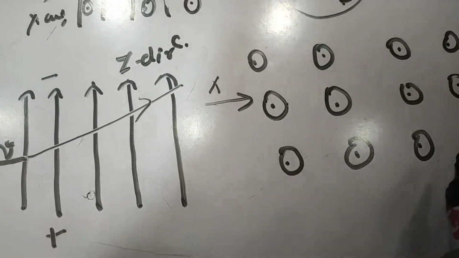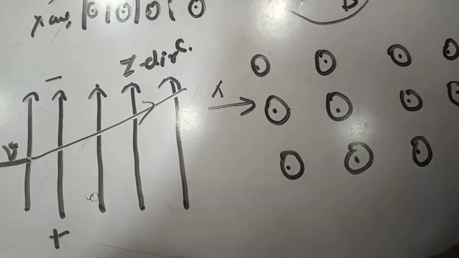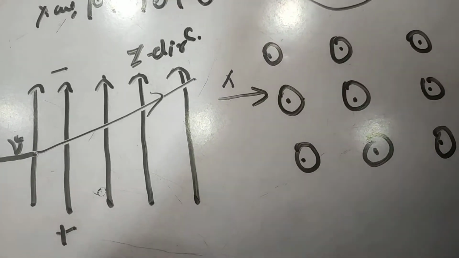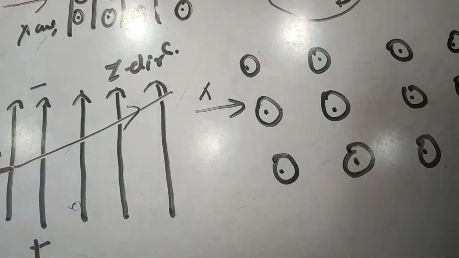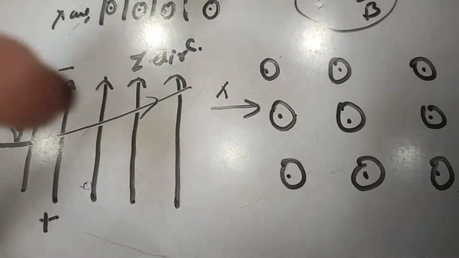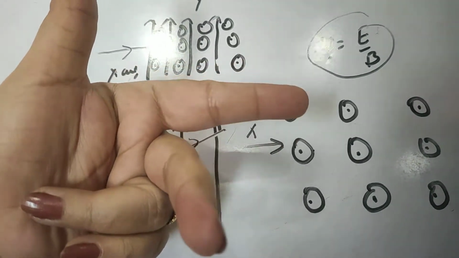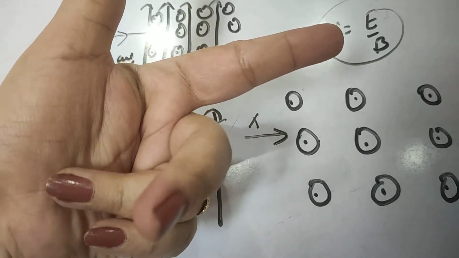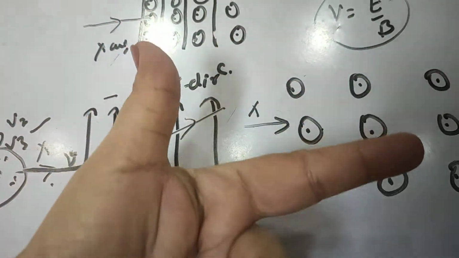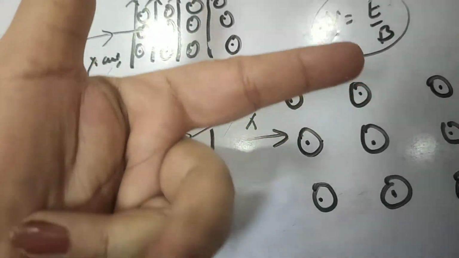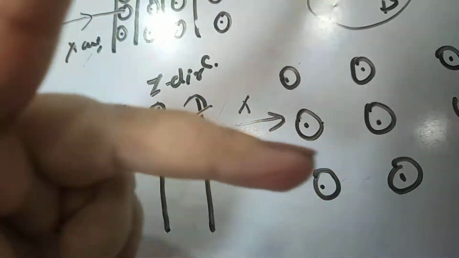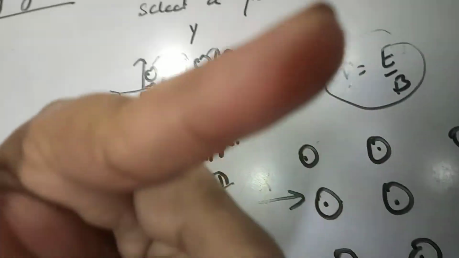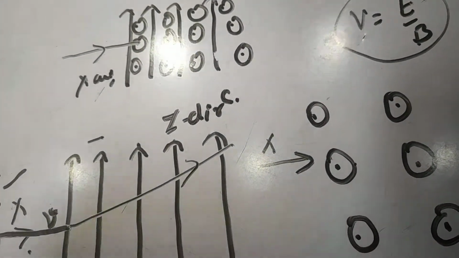Now we will find out the direction in which it will experience a force. So we will apply Fleming's left hand rule. In that case, we know that the first finger represents the magnetic field, the middle finger represents the direction of motion of the charged particle, and the thumb represents the direction of force. So we have to point the middle finger in the direction of motion, and the first finger outward, means toward me, right? So we have to stretch the fingers like that.